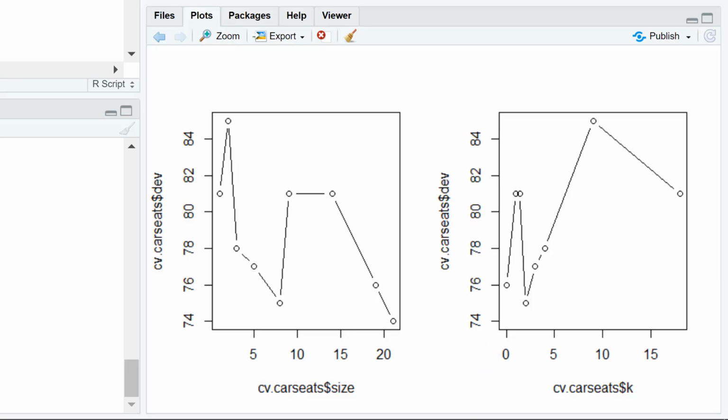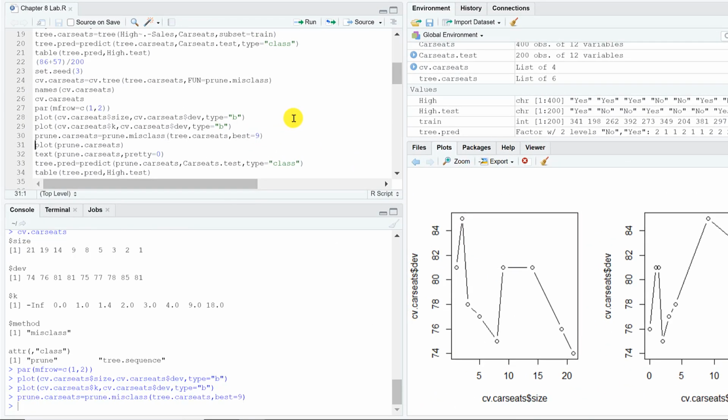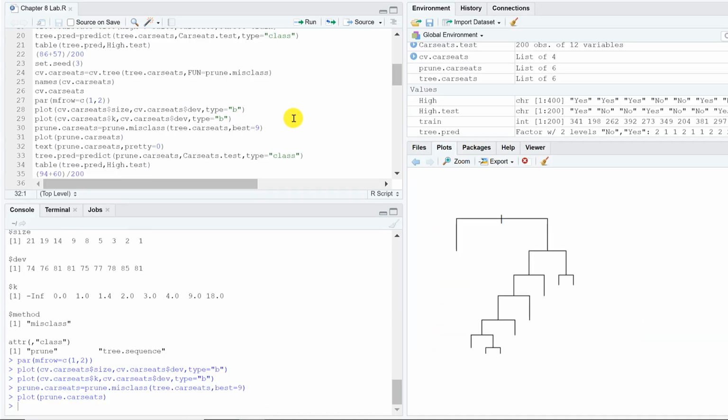So now, looking at these plots, we can say the tree of size 9 seemed to be a top performer here. It has close to maximum accuracy. There's actually a tree of size 2 that has higher accuracy. We'll take a look at that, but we're going to look at the tree of size 9 first. So here's our tree, and just to check that this has size 9, we have 1, 2, 3, 4, 5, 6, 7, 8, 9 nodes, and this best equals 9